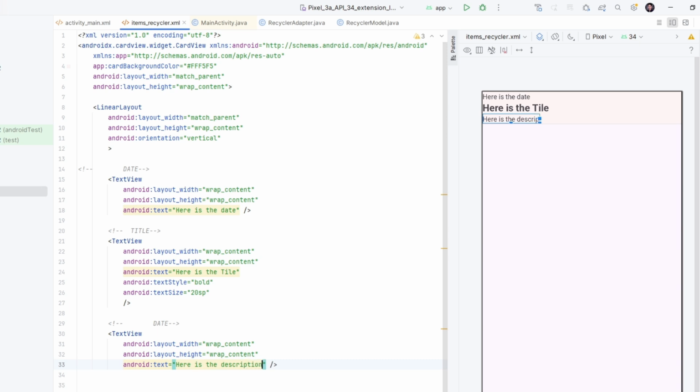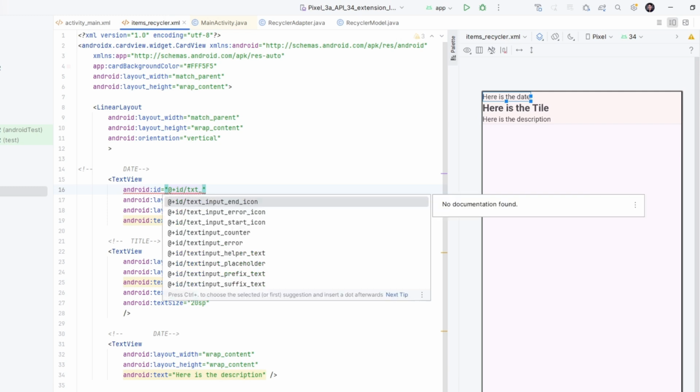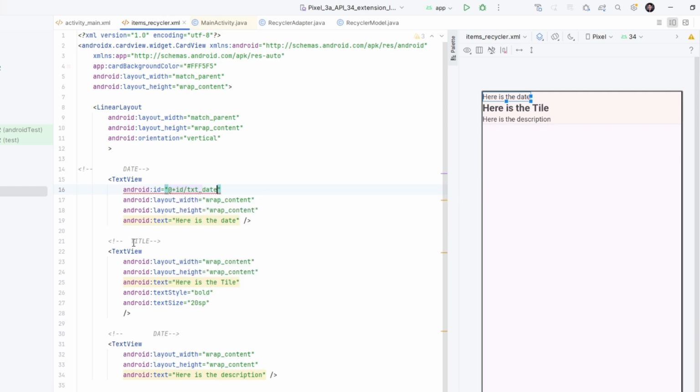Alright, we are near the end. Next, we can add the reference or the identity of each text view. We can add the ID. Here we can name it text date. To be organized, remember the variable names used in these XML files, text date.